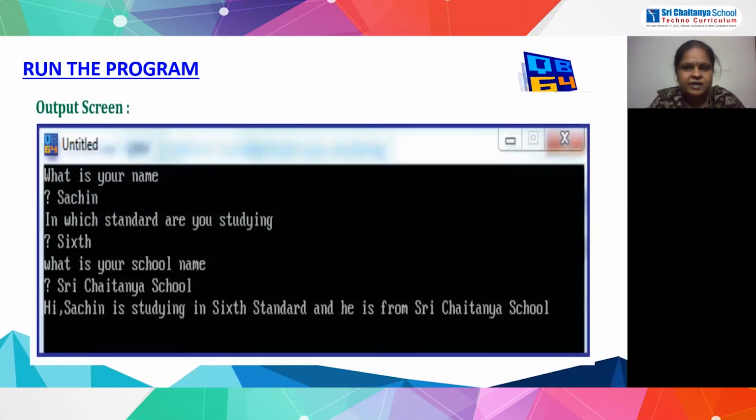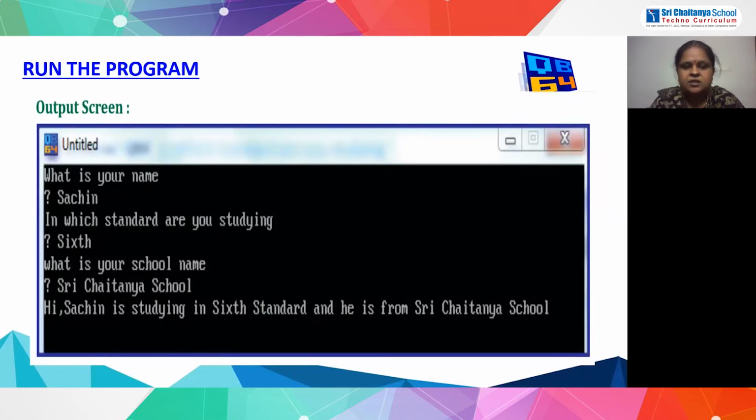See, in the first line it is displaying, as I told you, "What is your name?" And in the example, the user has given his name as Sachin. And then you see, "In which standard are you studying?" It is displayed as it is. And the user has entered the value as 6.